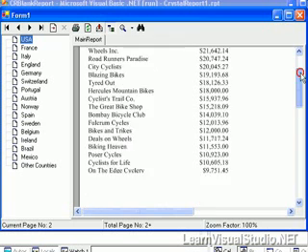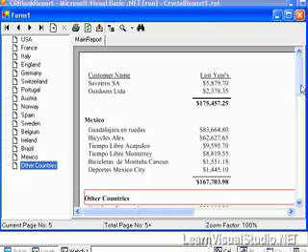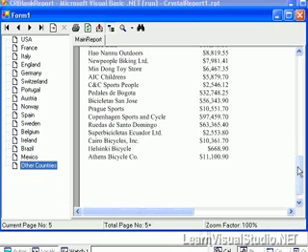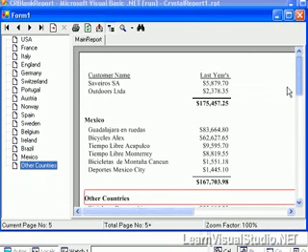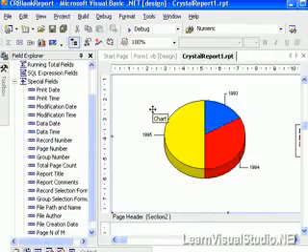Now we could tweak this and make this look a little bit better, but I think that's pretty good for right now. You can see the power of being able to build a report from scratch, and it was pretty easy relatively. I mean, the first time I looked at the designer interface, I was like, what in the world is going on? There's just too many options here. But it all pretty much makes sense. And we'll go through even